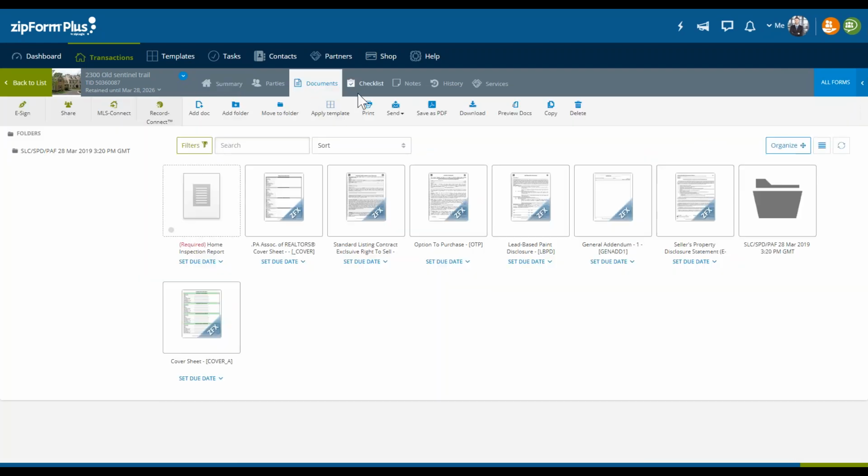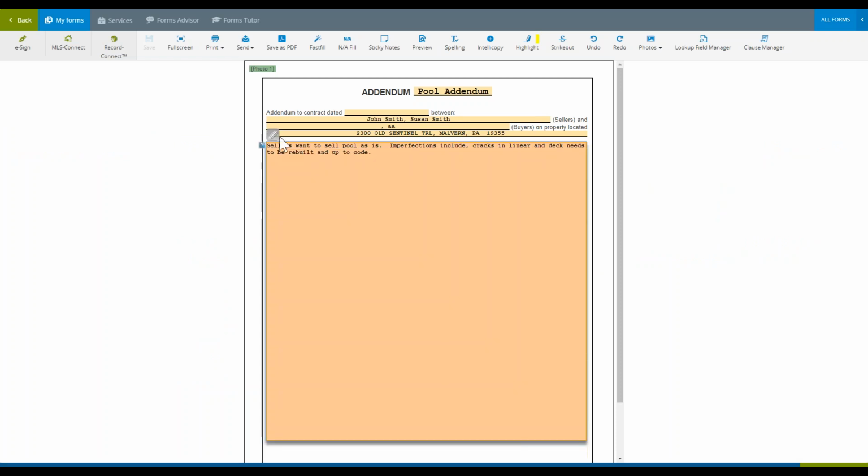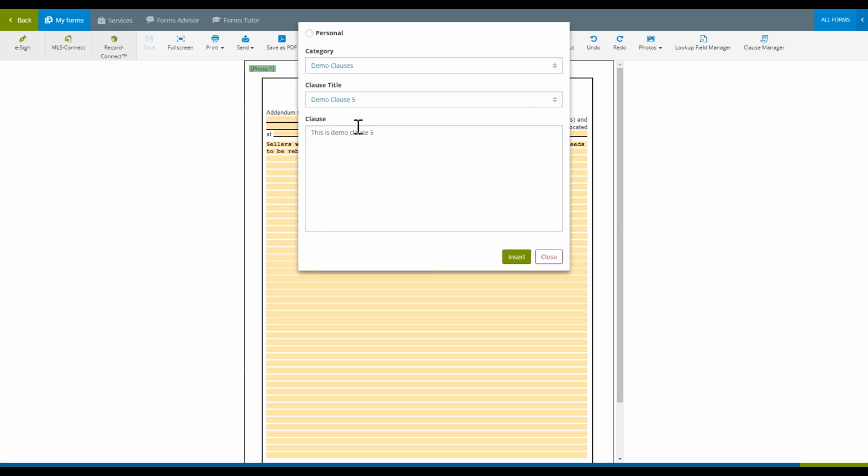Go into Documents, and this is the last thing, guys, so I promise I'll let you go after that. So we have this large field where we can enter text. Well, there's a pencil icon, and then we're given a Clause Manager icon here. The pencil, at any point, if you click on it, allows you to edit something. We click on that Clause Manager, and now I have access to my clauses